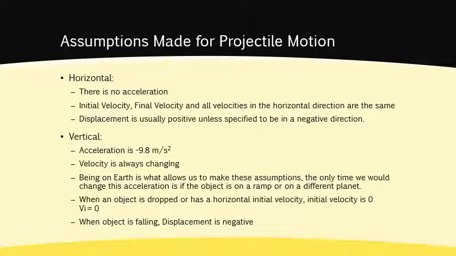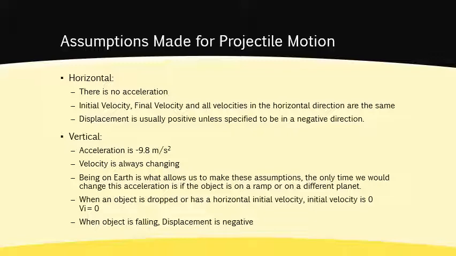Now in the vertical direction, we do have an acceleration. As long as we're on Earth, we're assuming that acceleration is negative 9.8 meters per second squared. Velocity is always changing. Why is velocity always changing? Because acceleration is the change in velocity. So if we have an acceleration, that means that velocity is changing. Being on Earth is what allows us to make these assumptions. The only time we would change this acceleration is if the object is on a ramp or on a different planet. But if it's on a ramp, it's probably only moving one direction,